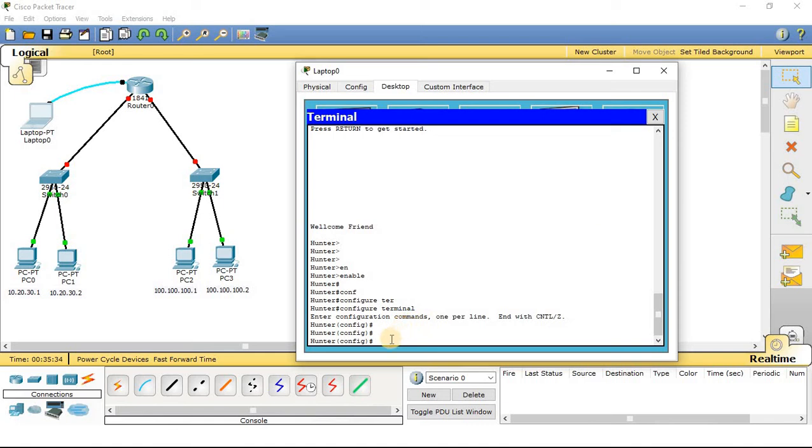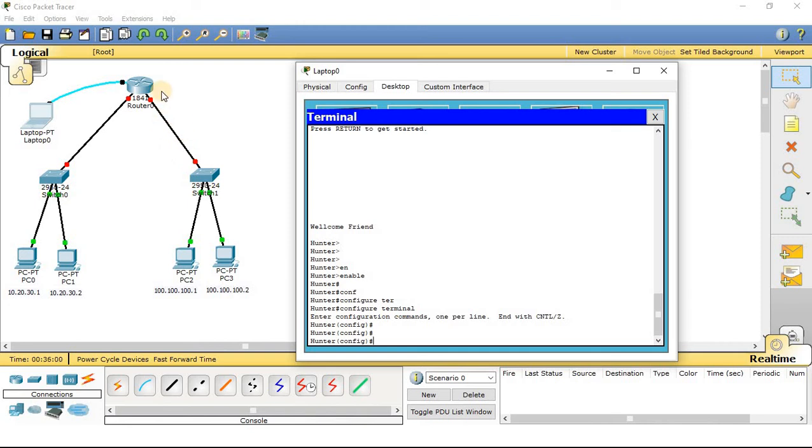Okay, now I am in config mode. So what configuration will I do, let us understand. For these two ports, I will assign IP addresses.